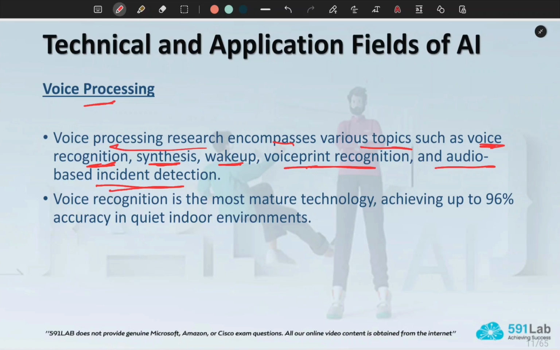Synthesis is the generation of voice. An example of this is when you hit the speaker button in Google Translate and it pronounces the word for you. This is synthesis. Wake up refers to the wake up call in some of the applications like Siri or in Alexa devices or Google Home.